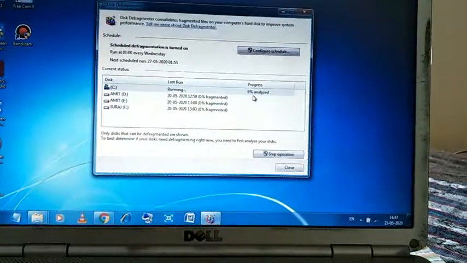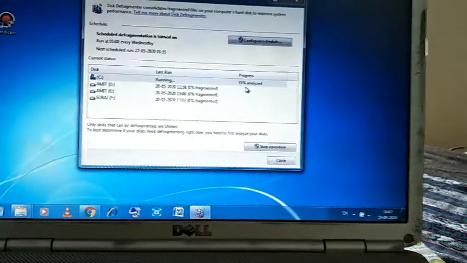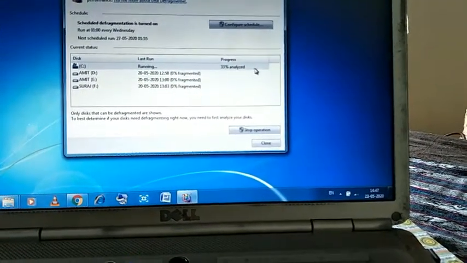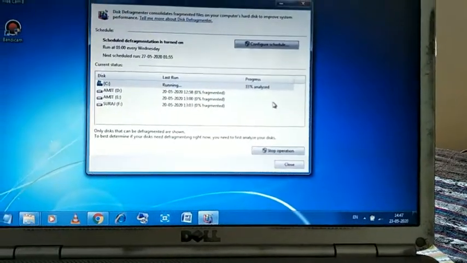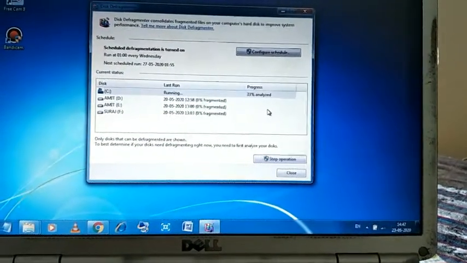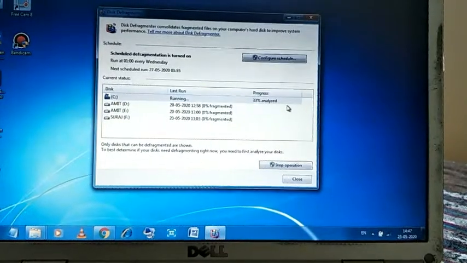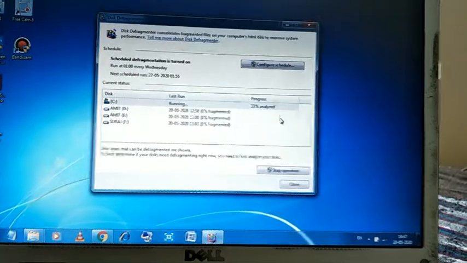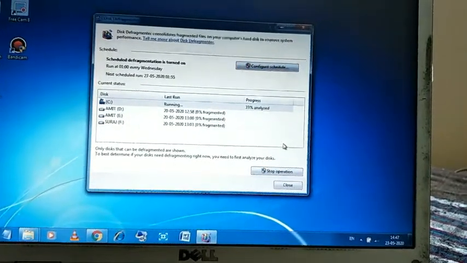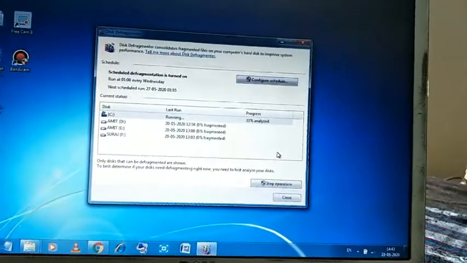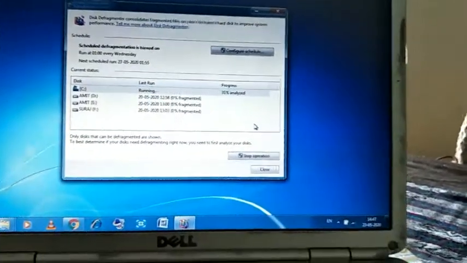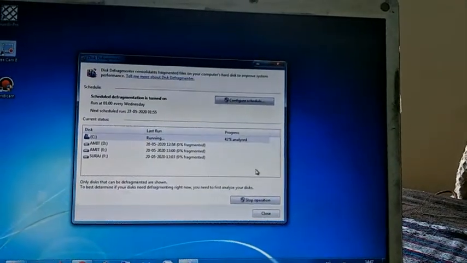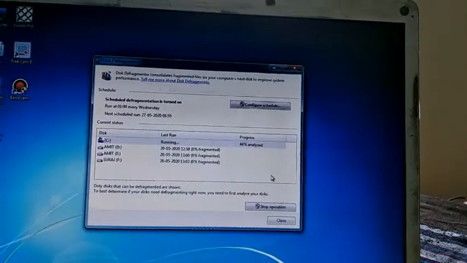Now you can see it has started. Look here, 33% has been analyzed, so it will take some time. Okay, so there is no need to wait for this. If you want to do this, you need patience. You have to wait a few minutes, then it will complete the whole process.